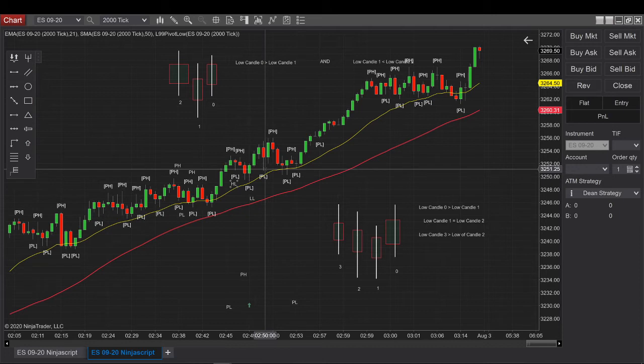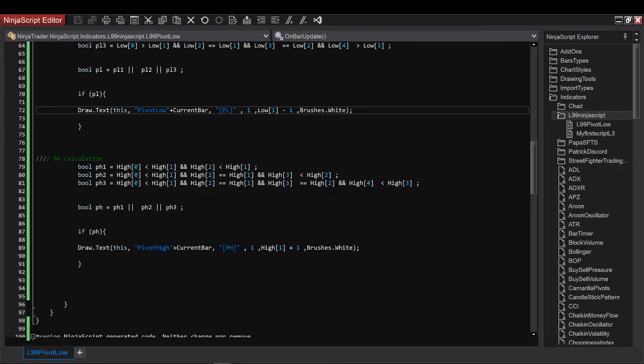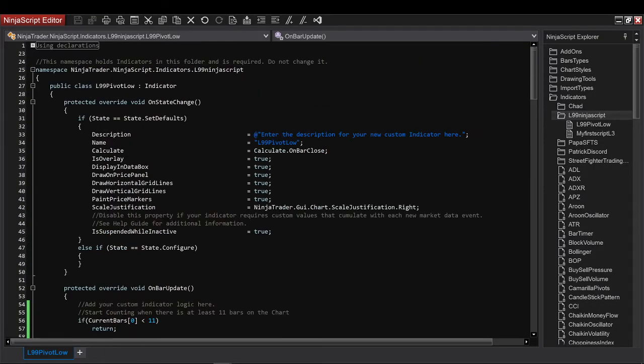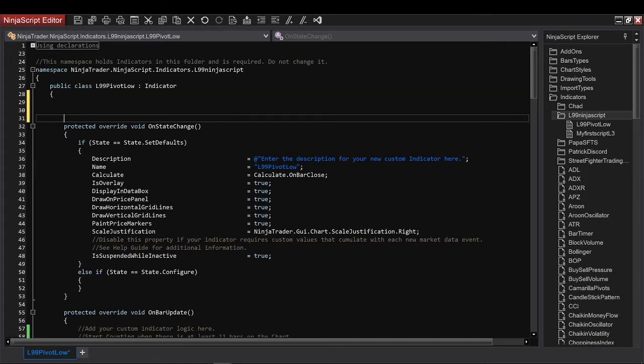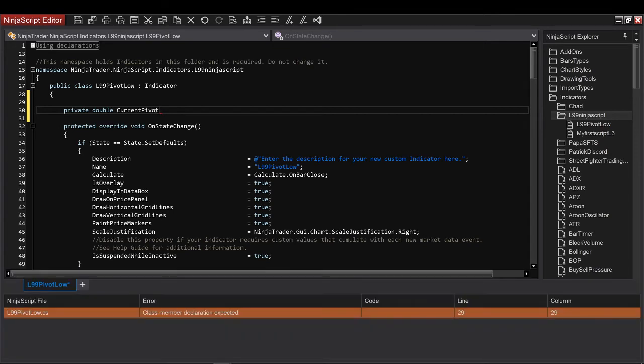Let's try to do this. First I need to initialize variables at the top. I need to initialize my previous low and current low, so current pivot low. I'm going to create a double, so I'm going to put private double and create a variable that will keep track of the current pivot low.